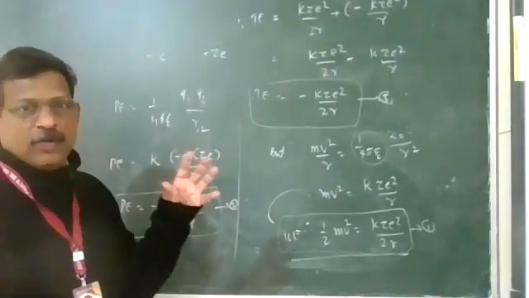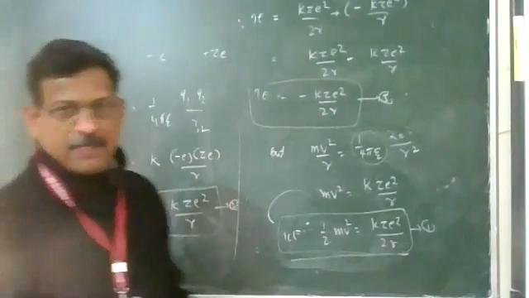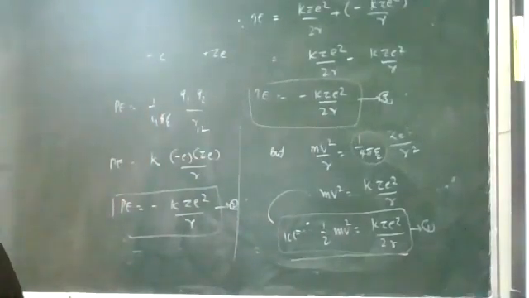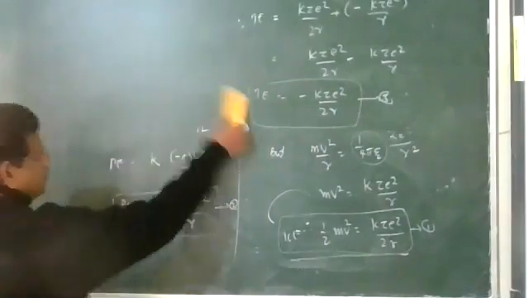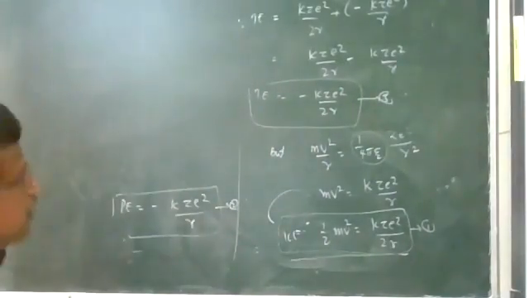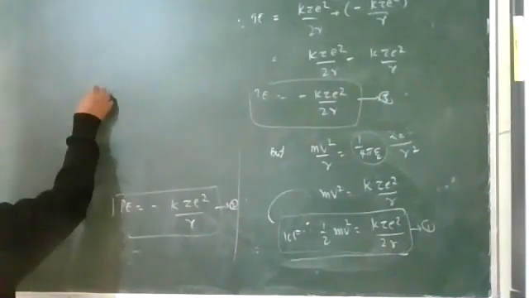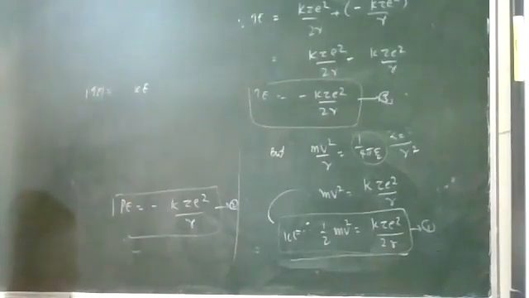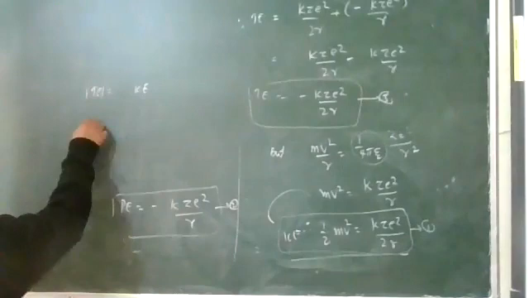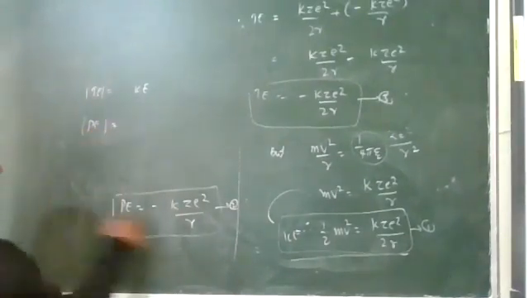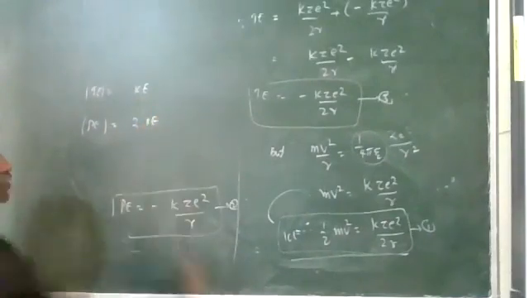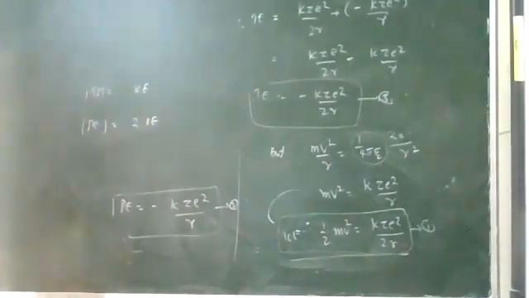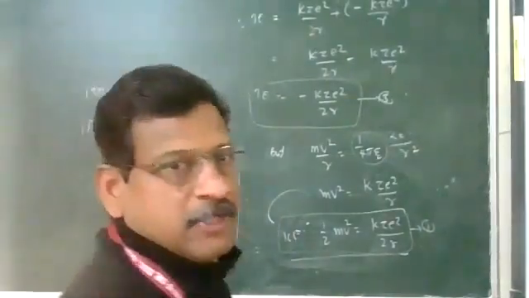So if any one energy is given to you, you can calculate the other energies. Many times repeated in both questions. So what I am going to write here. This is the total energy. Total energy is very important. Total energy is negative, potential energy is also negative, and the magnitude of total energy is the same as kinetic energy. What about potential energy? Potential energy is 2 times kinetic energy, and it is also negative. If any one energy is given to you, you can find out the other energies.